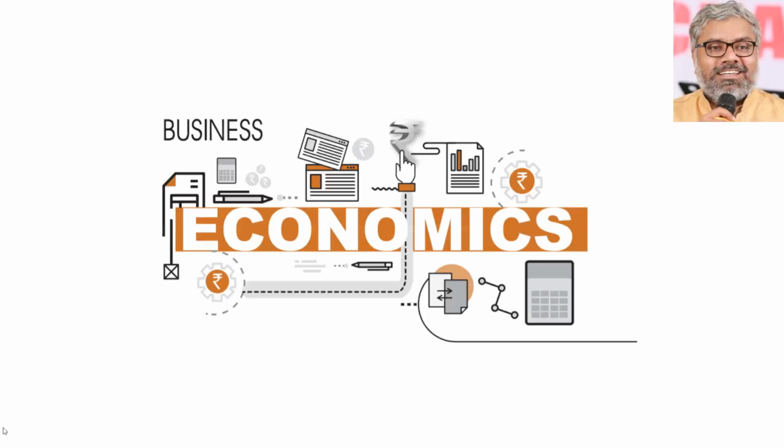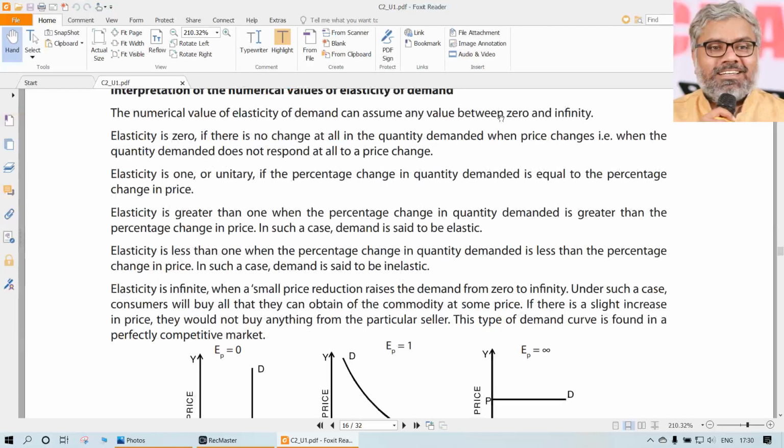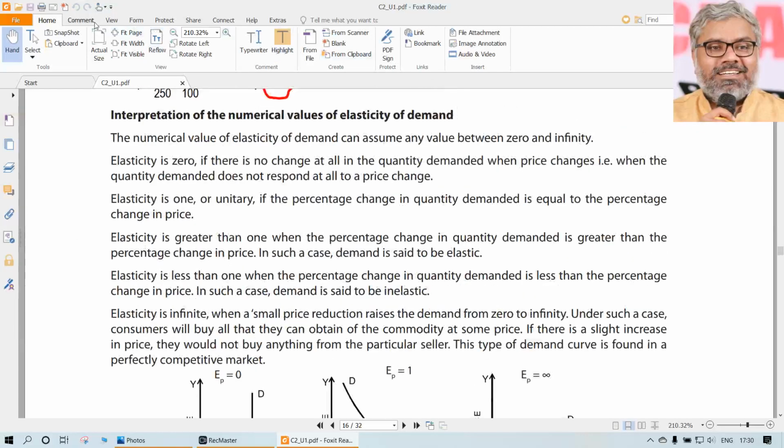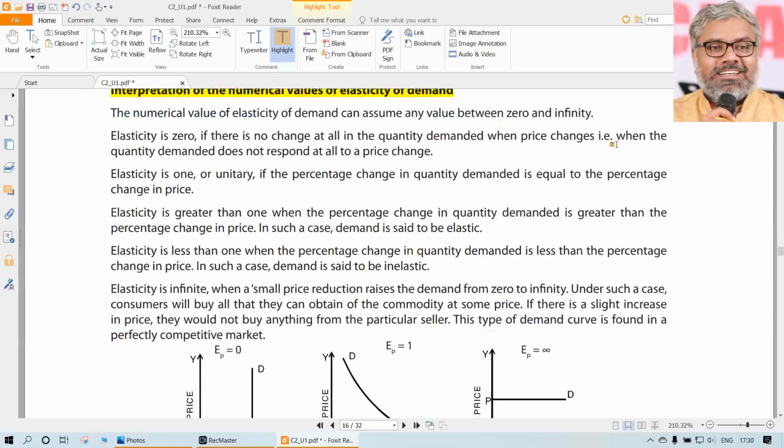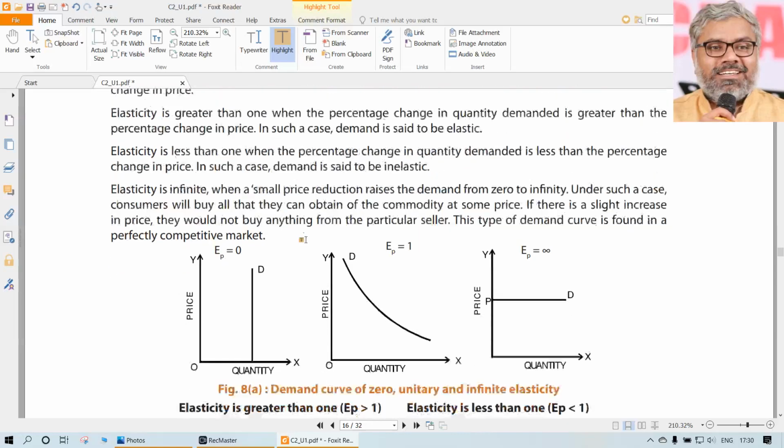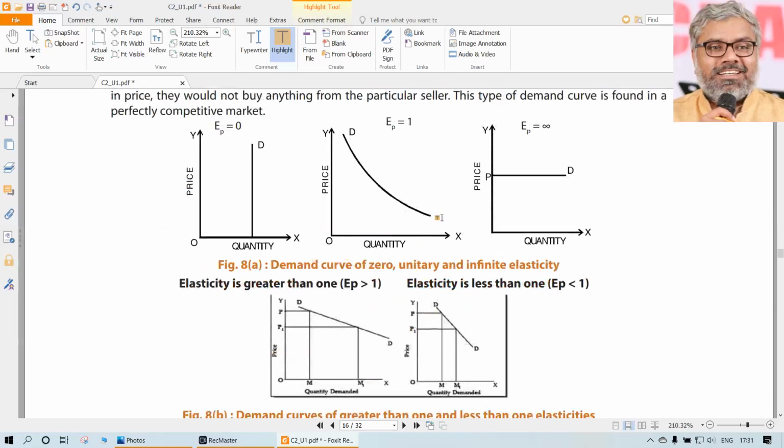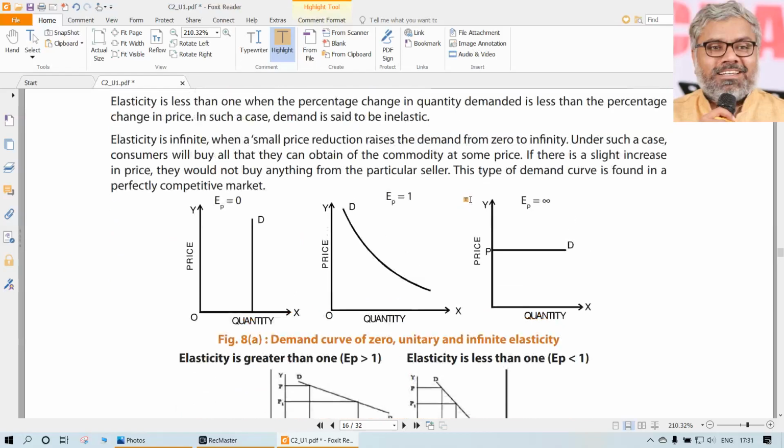What does each of these numbers represent? What does it mean? That's what we have to be very clear about, and understanding the interpretation of the numerical values of elasticity of demand is a very important aspect as well. So calculation is one part. After just calculating, it is not going to be enough. We need to be able to interpret the results also, which can be any one of these 5 situations. Any one only is going to be possible. Nothing else is possible. Of course, what are the 5 situations?